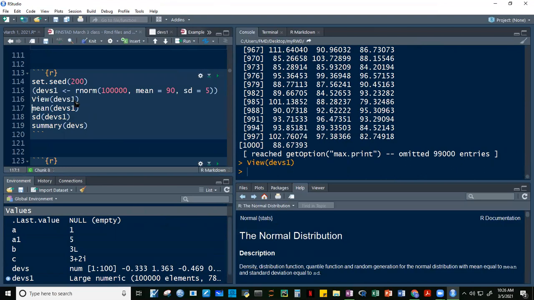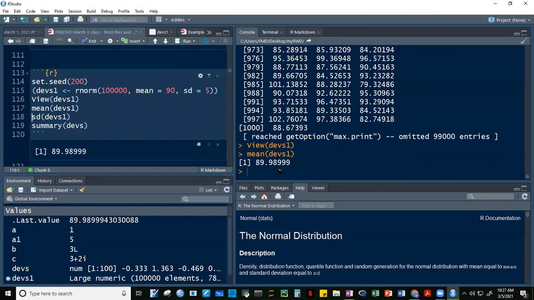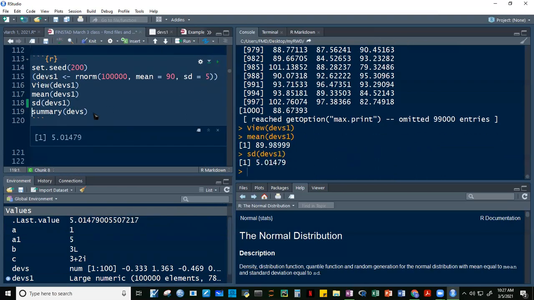Okay, so let's see, guys. Ano yung mean ni devs1? Okay, tingnan nyo guys, oh. Halos malapit na siya, 90 na. No? Standard deviation, sabi natin kasi 5 yung standard deviation natin. Okay, so all very close to 5. So kanina guys, yung difference, yung sample size natin dun sa rnorm, 100 lang. Kaya medyo hindi siya ganun kalapit. Kaya dun sa sinabi natin mean kasi kulang talaga yung